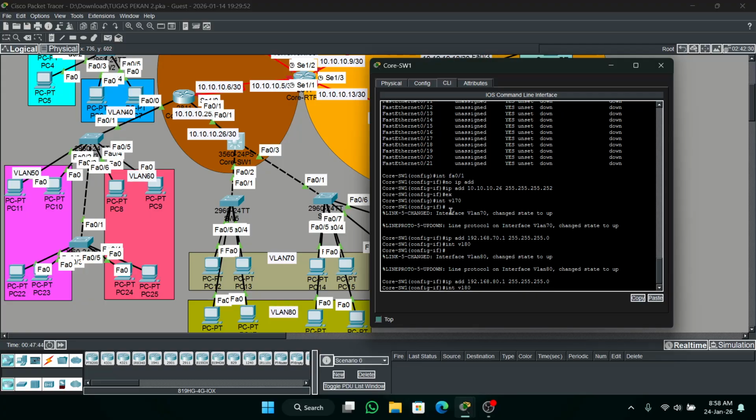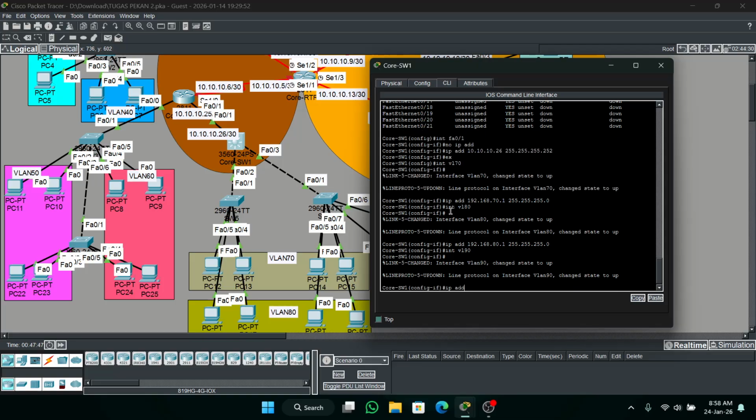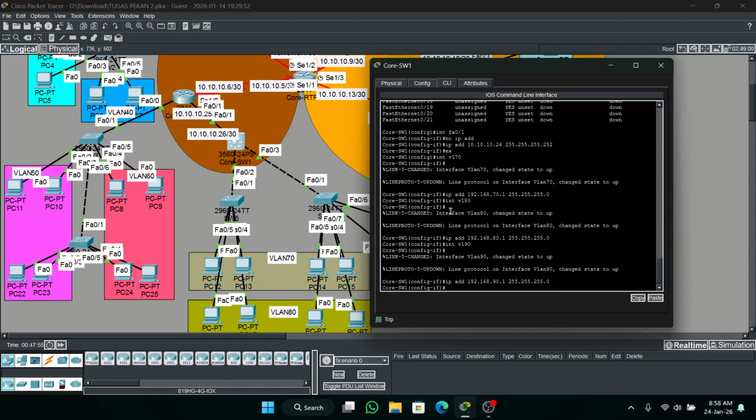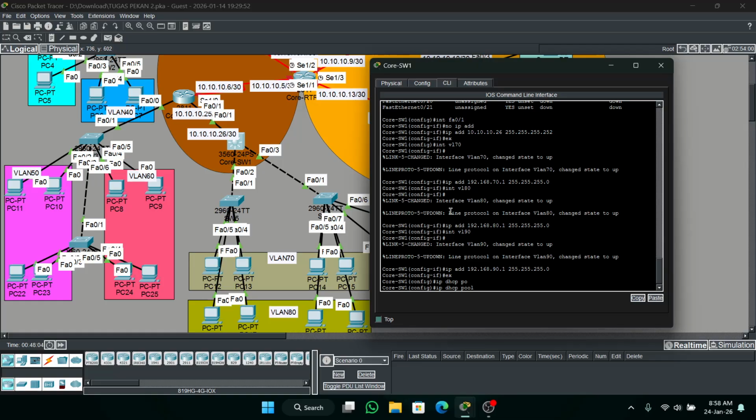Okay, VLAN 90. Okay, next configuration is IP DHCP pool. IP DHCP pool VLAN 70.